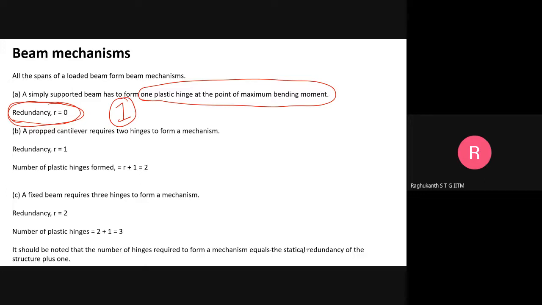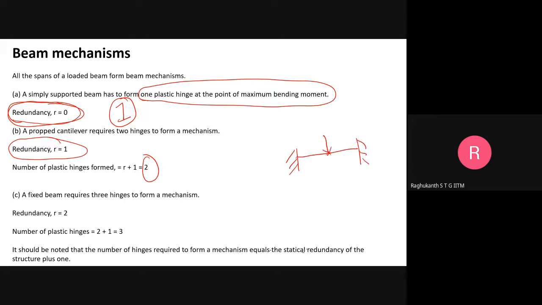Now, if it is a propped cantilever, say, the redundancy is 1, and the plastic hinges required are 2 actually. Now, if you have a fixed beam, say, and only the transverse load is acting, the redundancy is 2 basically. So if you have this type of load,